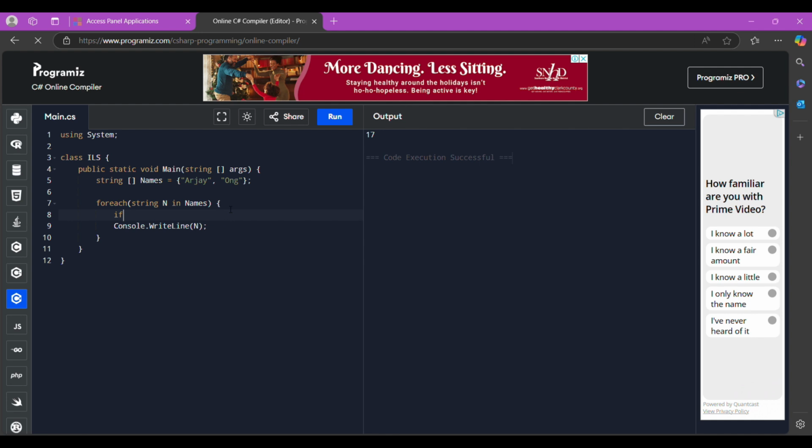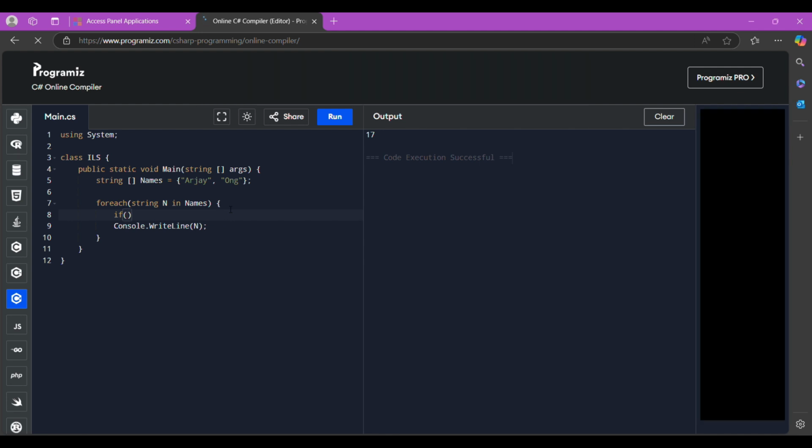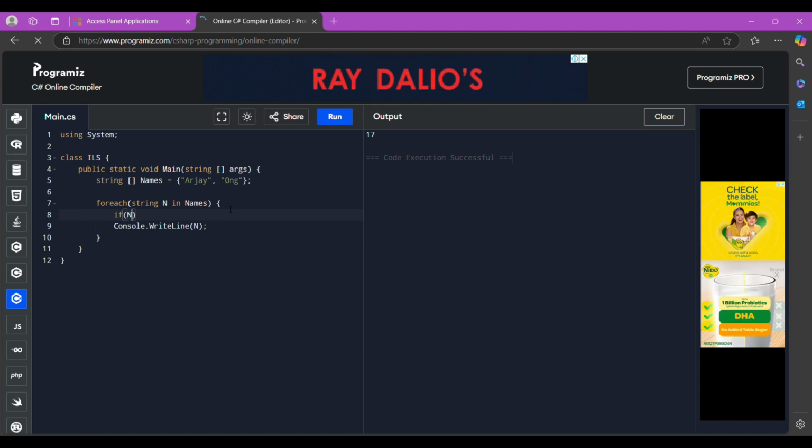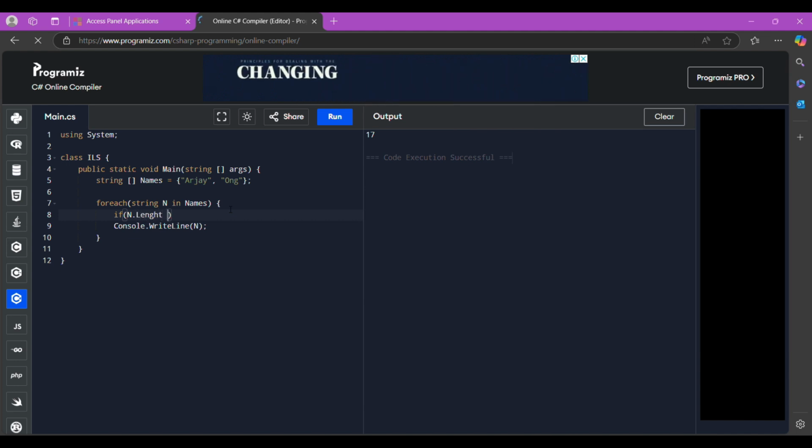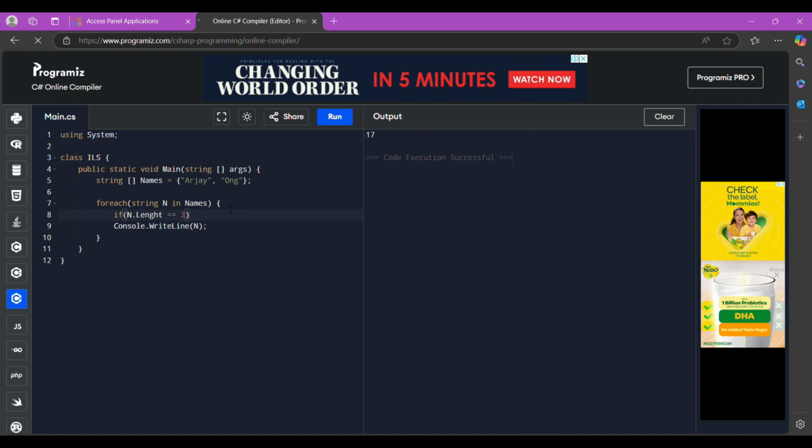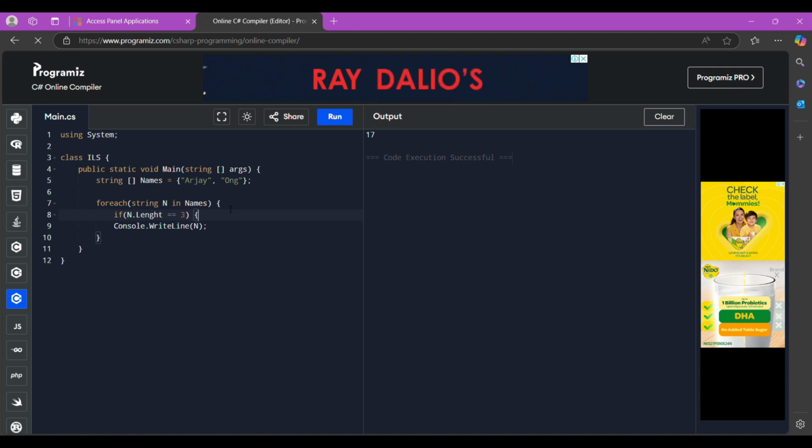If the length of n, so we're going to put n.Length, is equal to, let's say 3, console.WriteLine n.